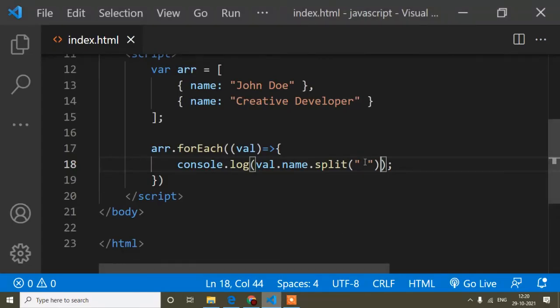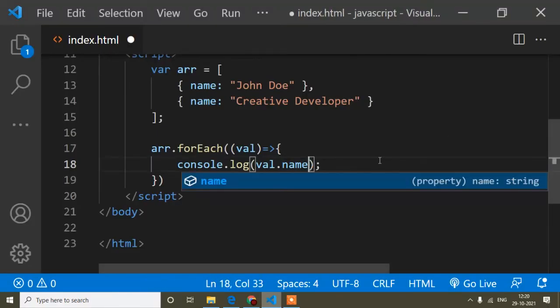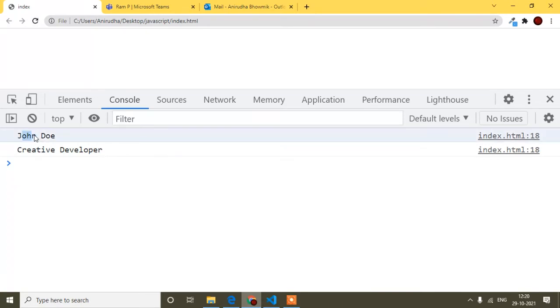How is it creating like this? Because you can see here I have added a space, in this inverted comma I had added a space. So it was creating an array when it got a space. Again, if I remove this one, this video may be long, but it will be more clear. You can see John, in this John there is no space between characters, but after that there is a space, then Doi.